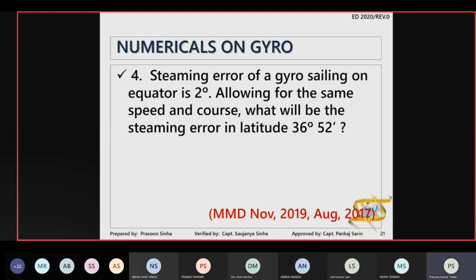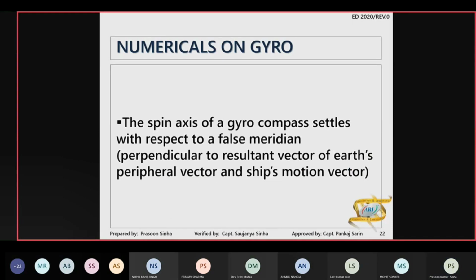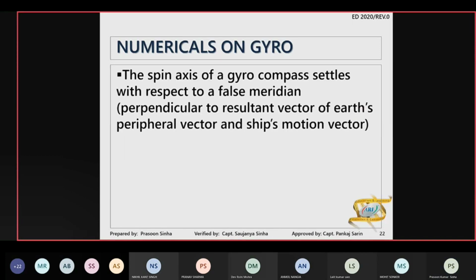Since it is on equator, the damping error is 0, that we know. Because either gyro compass damped in tilt or azimuth, on equator, the damping error is nil. It is pointing due north all the time. So what happens? As we have already seen,